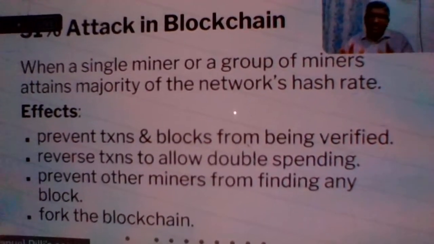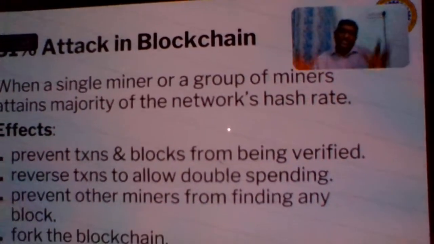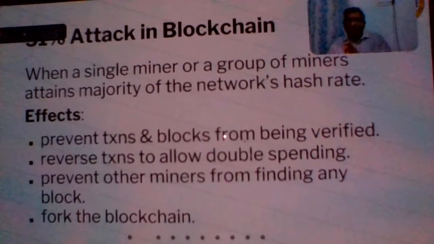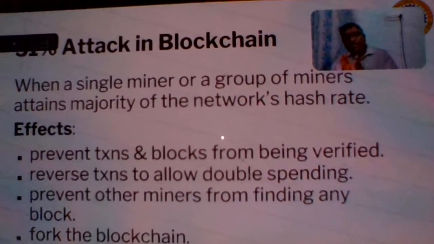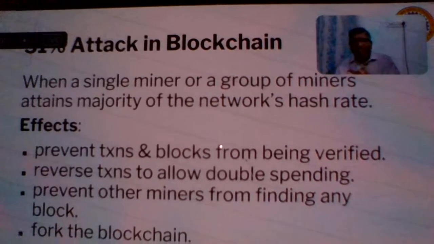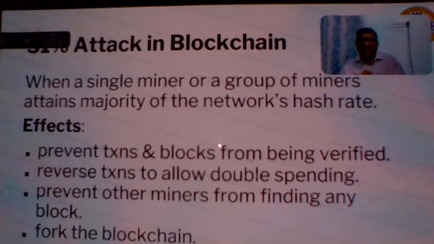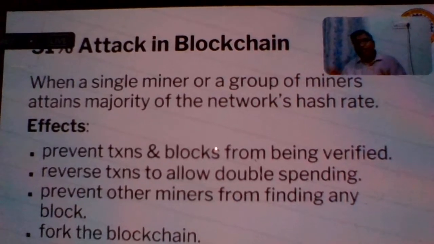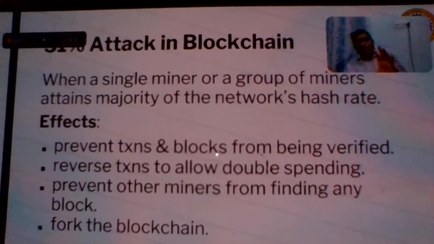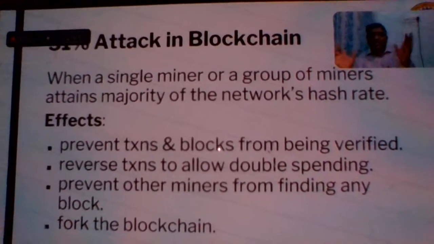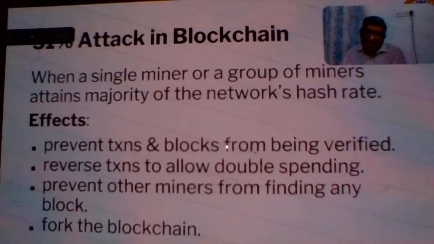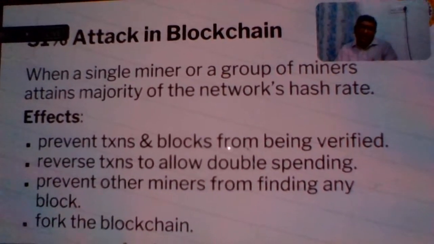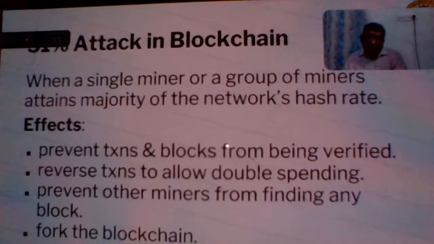Somebody has done something wrong, but then both the chains have grown to a long distance. Now you can't dump both the chains. So they have to agree and compromise that, okay, let us continue further, no problem, and they keep both these chains. So some part of the chain is common, and from there is a split, and then there are multiple chains. So this is what happens. This is the 51% attack.